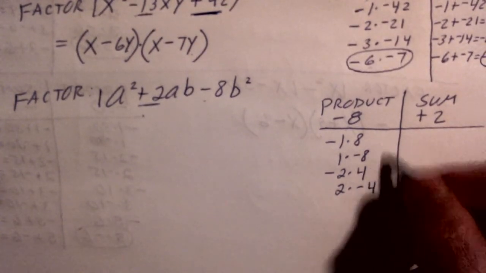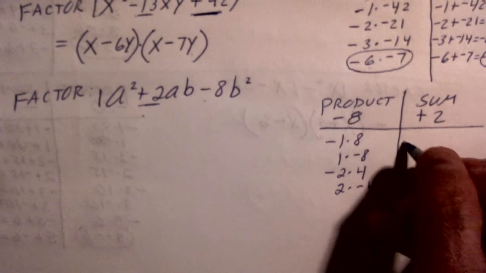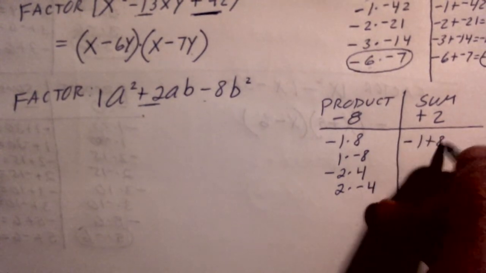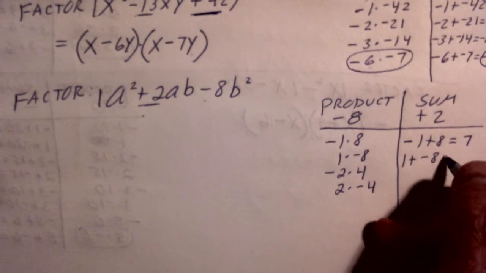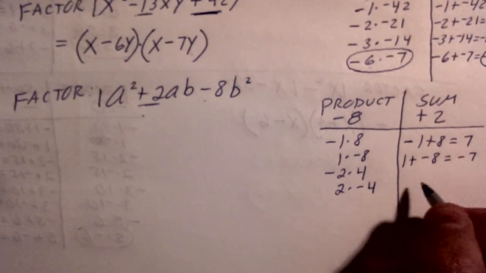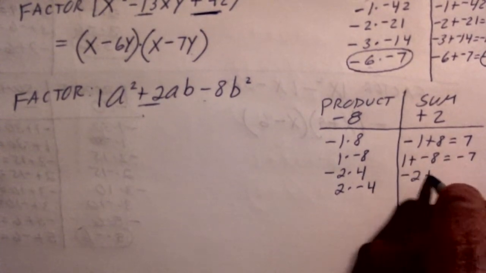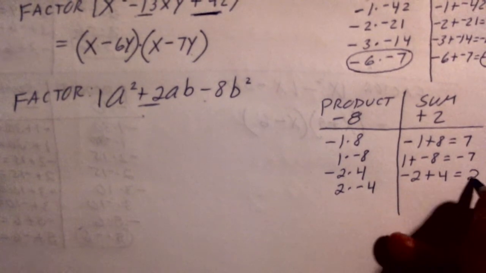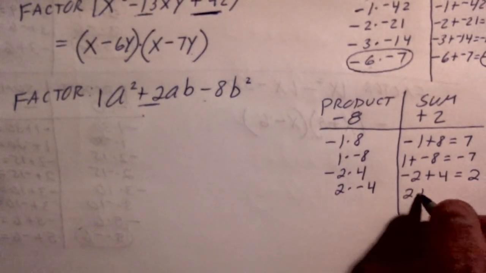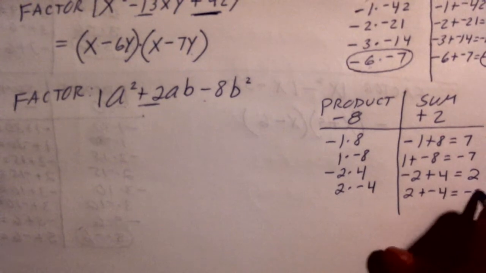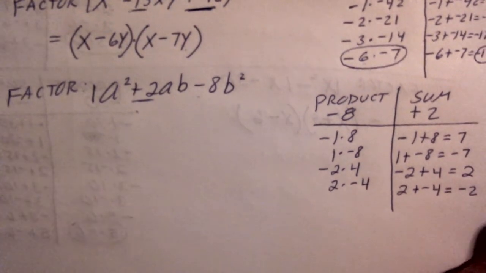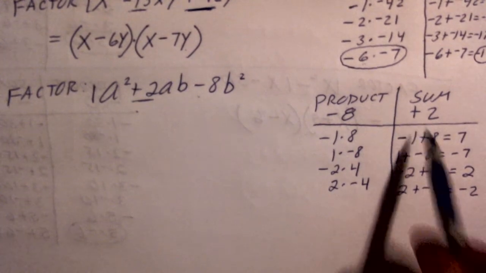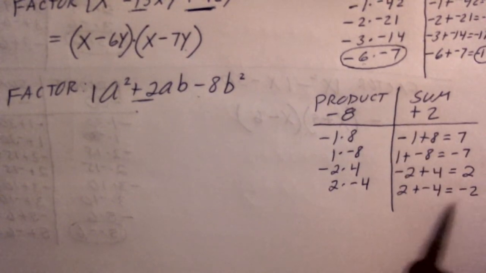Now, which two factors in this list add up to a positive 2? Well, it's not negative 1 and 8. These add up to 7. It's not 1 and negative 8. These add up to negative 7. Negative 2 plus 4 add up to a positive 2. 2 plus a negative 4 add up to a negative 2. So the only factors of negative 8 that sum up to the middle coefficient of positive 2 would be negative